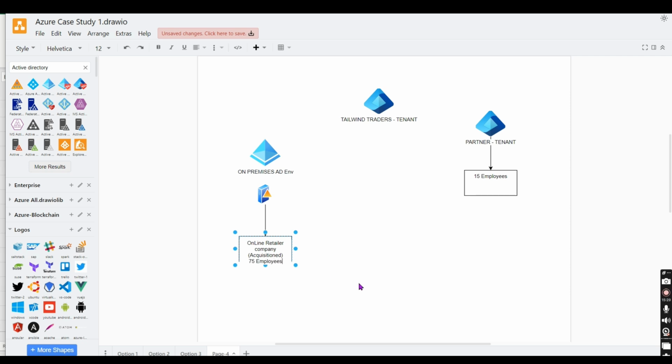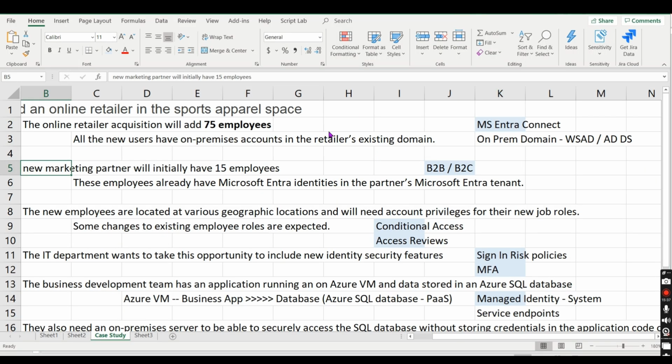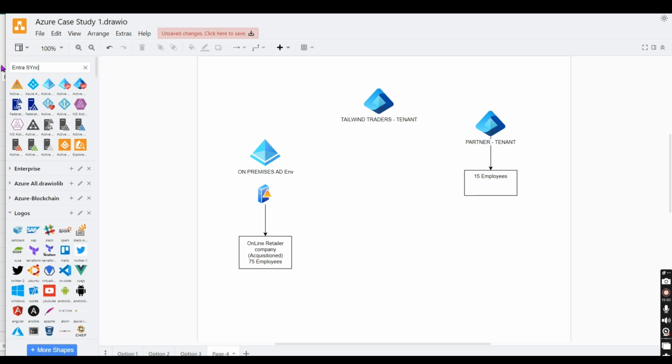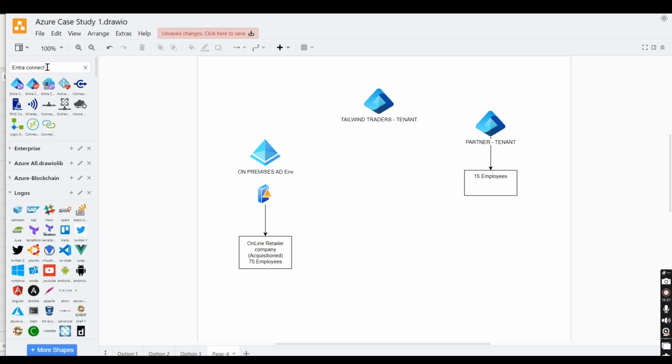Okay, now they are asking us, we have to first diagram how we can bring that acquisition user account to Entra ID. So there are multiple options as I told you. So in some question, you might also see little more additional areas to cover, but for now I will just add the Entra sync and then explain that. Okay, this is Entra Connect sync, right? And there is another one called Entra Connect. We can use the Entra Connect because this is only one forest and one domain. So I can use the Entra Connect sync and then I can,